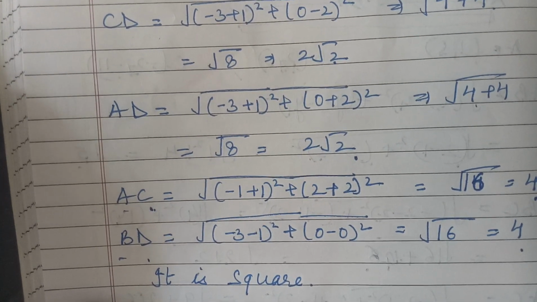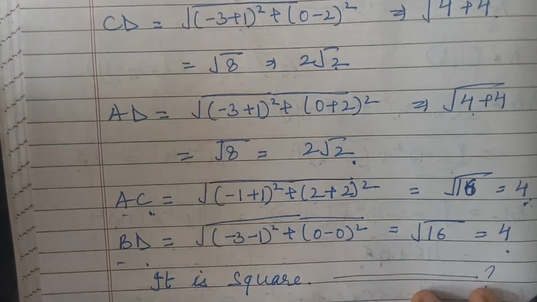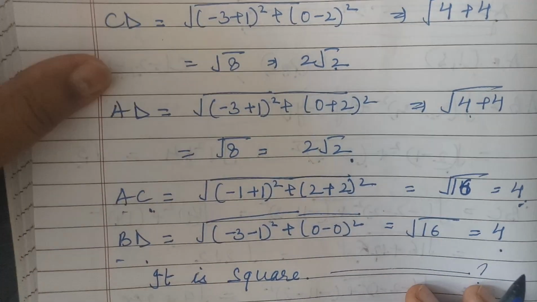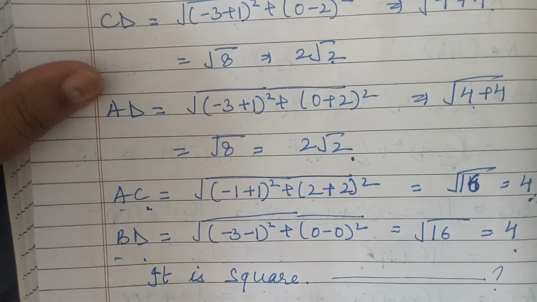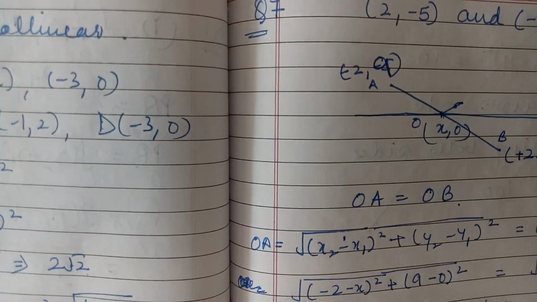All of you know the reason. You have to write down the reason also. I hope that all of you get clear. Sides are equal and the diagonals are equal. The figure is a square. All of you get clear this? Let me move on to the next question now. Oh, superb. Let me come on the question number 7.